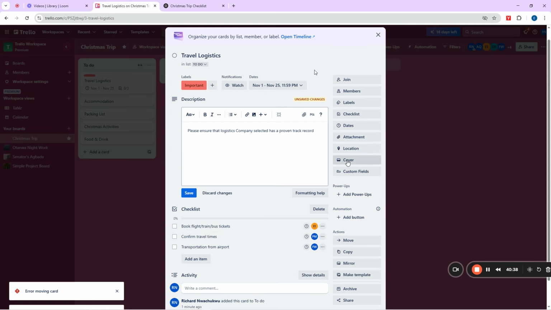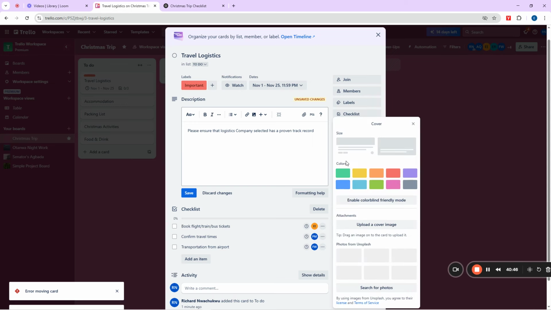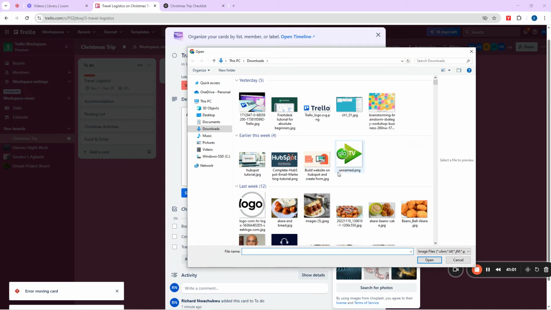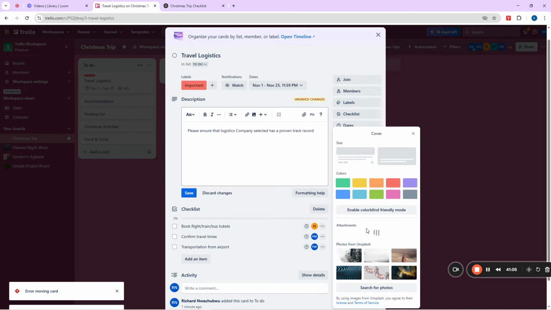What about this cover here? Cover means what you want to be seeing whenever you want to plan or view this thing. You'll be seeing something at the top of it. So I can click on Cover and select an image. Can you see that we have an image here? But if you don't want to use this image, you can upload your own image, right? So I can come here and say upload the cover image. I'll click on this, and I'll select one from here. Let me select this guy, and I'll put him here.